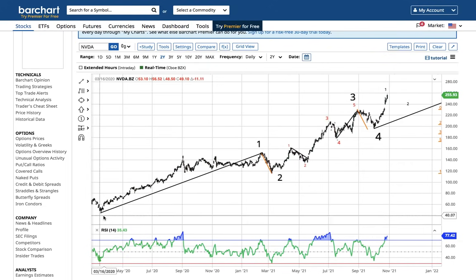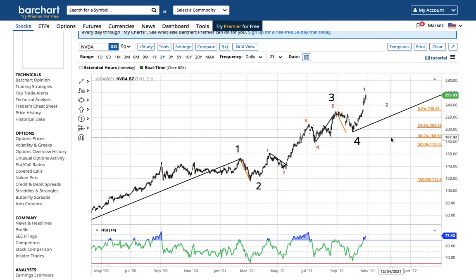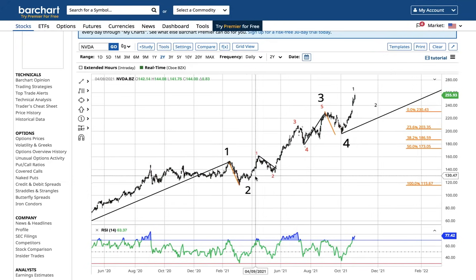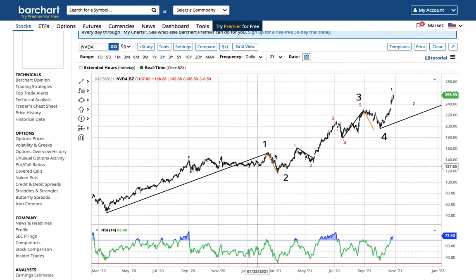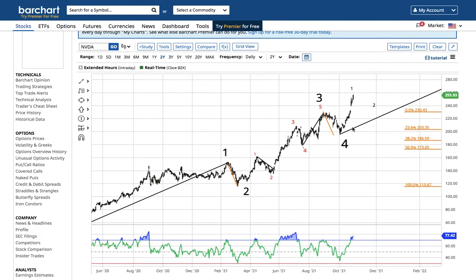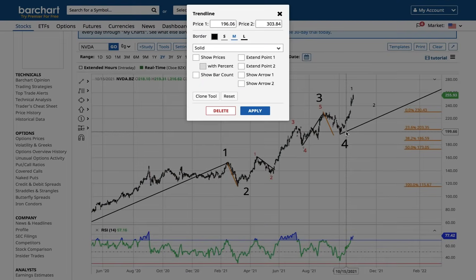To be honest, this is a wave 1 and a wave 2. This is a huge wave 3, cleanly subdivided into 1, 2, 3, 4, 5 waves. We have a wave 4 that ends between the 23.6 and the 38.2% retracement. I believe this is a wave 5 in progress. The length of wave 1 placed at the wave 4 low will take Nvidia on a wave 5 that will ultimately end at 303. And I had that happening by the end of the summer of 2022.